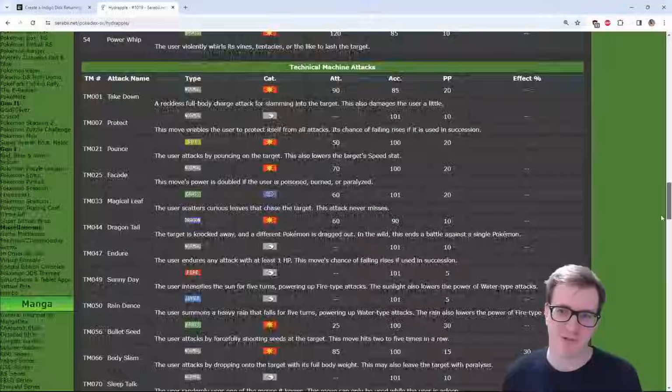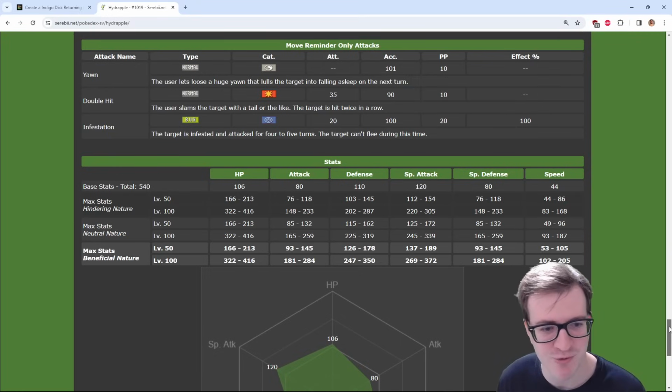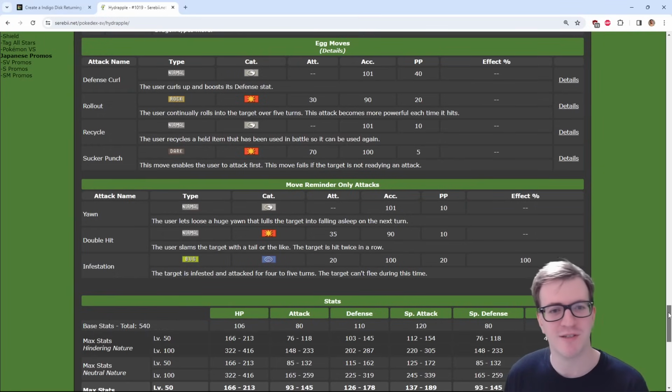But I feel like Regenerator is just going to be the more consistent option. Its stats are not bad. Like, its special attack's good. It's decently bulky. Its speed is awful, though, which is not great because it's not really like a Trick Room sweeper or anything. In terms of support, the supportive moves it gets aren't great, but it does get some,